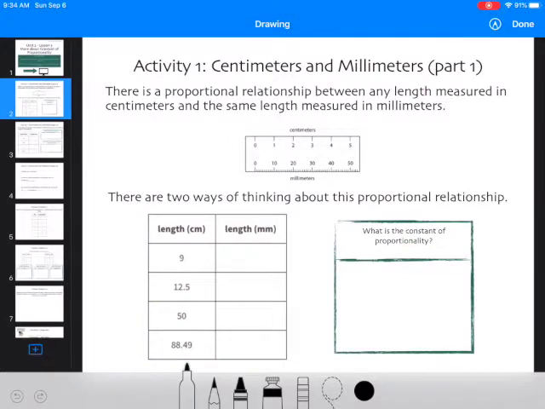We're looking at centimeters and millimeters, part 1. So there is a proportional relationship between any length measured